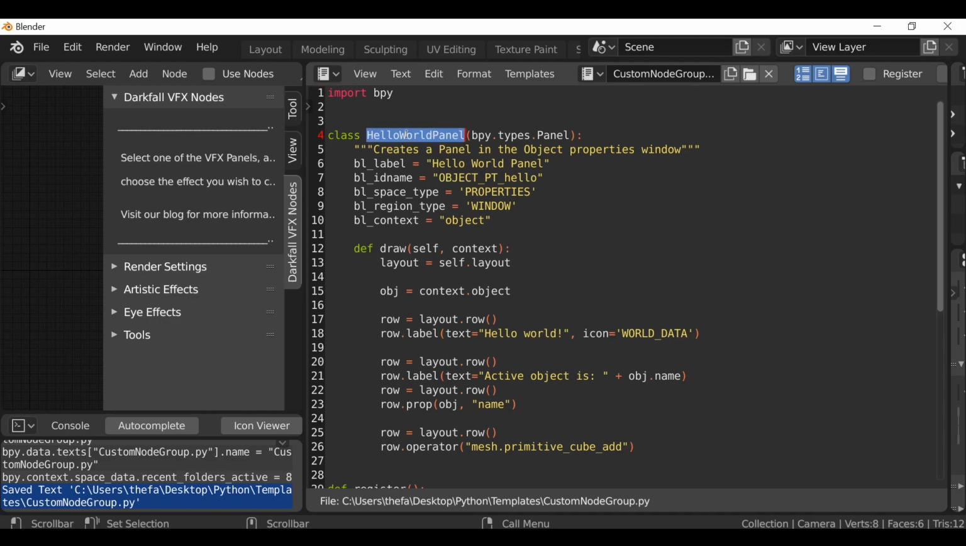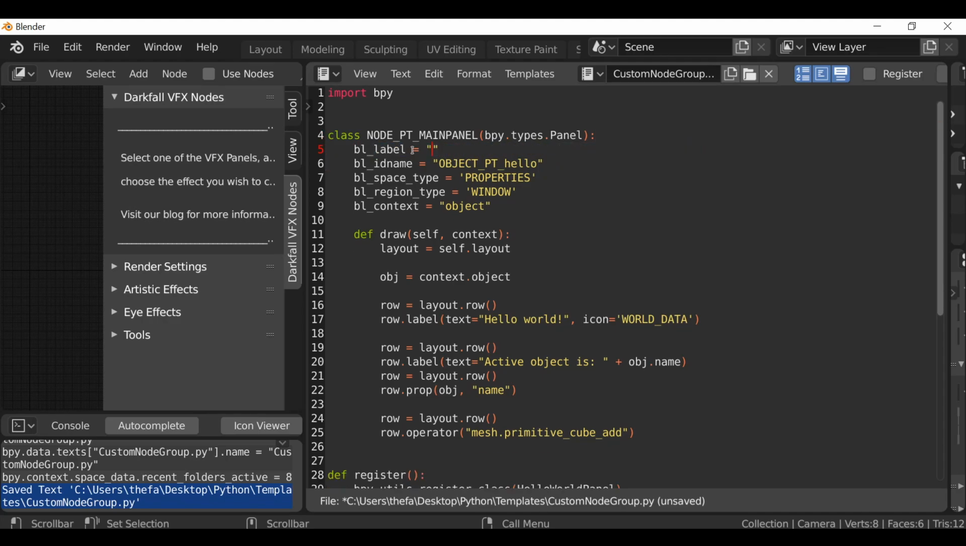The class name doesn't need to be changed, but I'm going to change it anyway. So I'm going to call this node_pt_main panel. We can get rid of this tooltip here, we don't need it. Now the label refers to the name on top of the panel, so I'm going to name this custom node group. But again, you can call this whatever you want, it's entirely up to you. The BLID name can also be changed, or you can keep it the same, it's up to you. I'm going to change this to